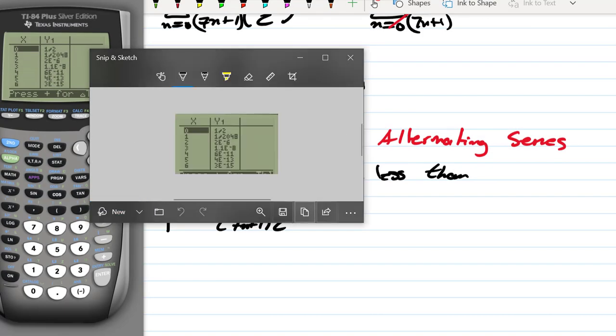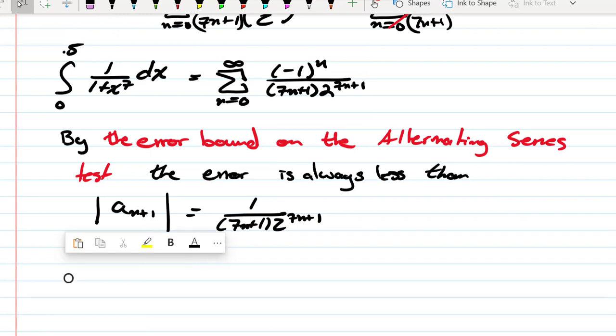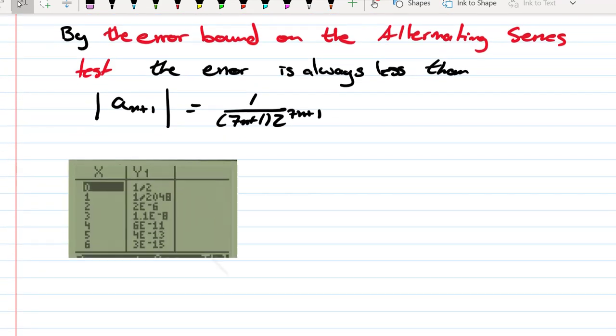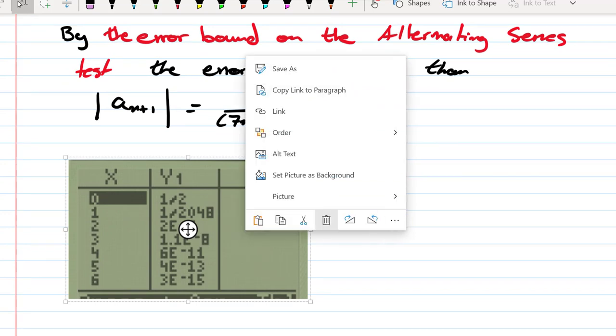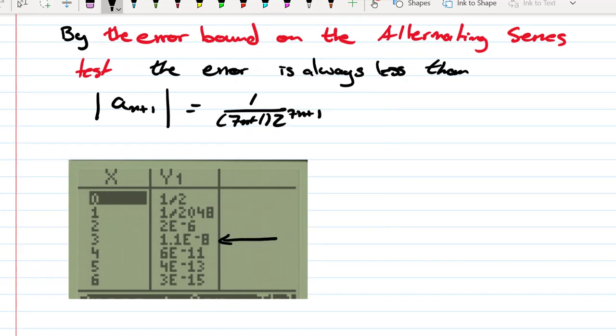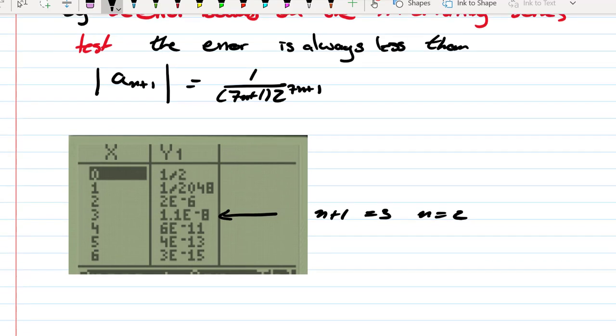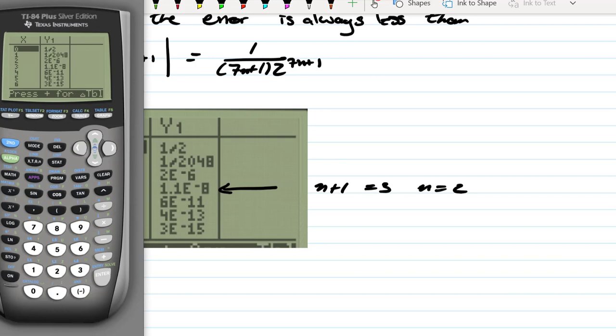So looking at our table, that's going to be here. So our n plus 1 is going to be 3. So our error will always be less than the next term. So n plus 1 equals 3, so n equals 2. So that means if we were to take our sum of that series, so we've got it in here,